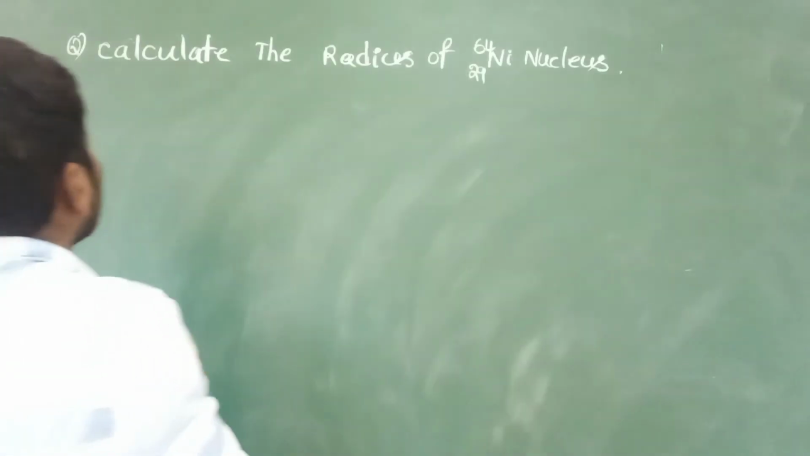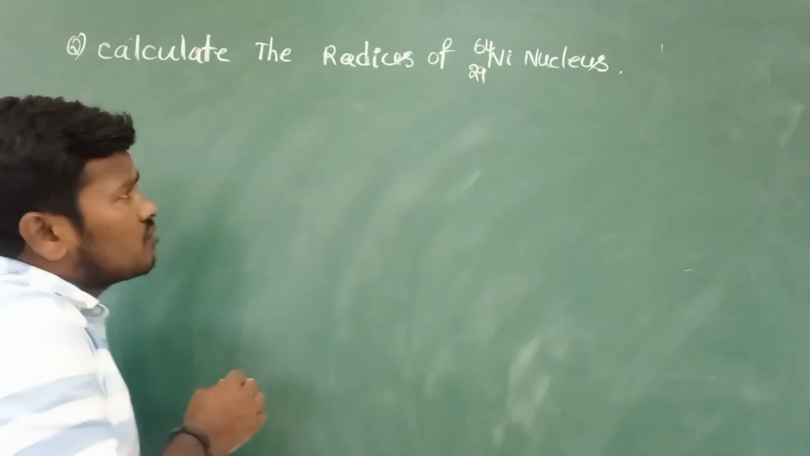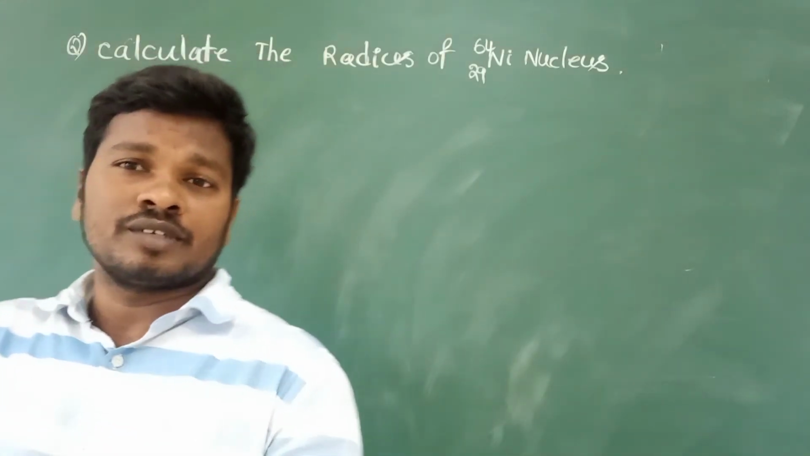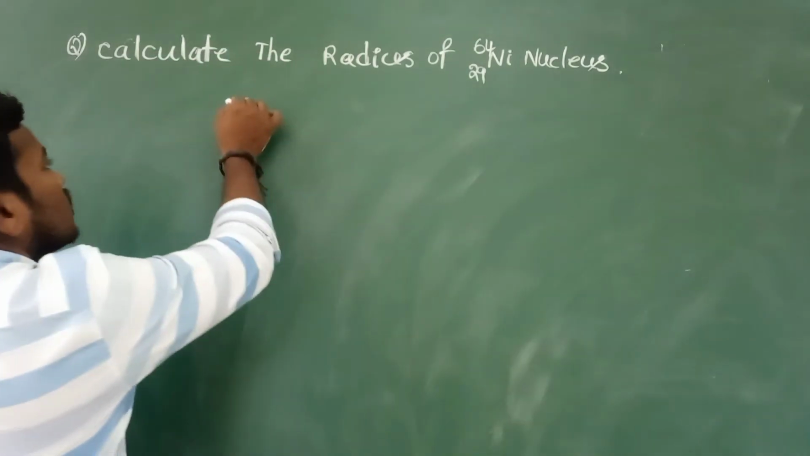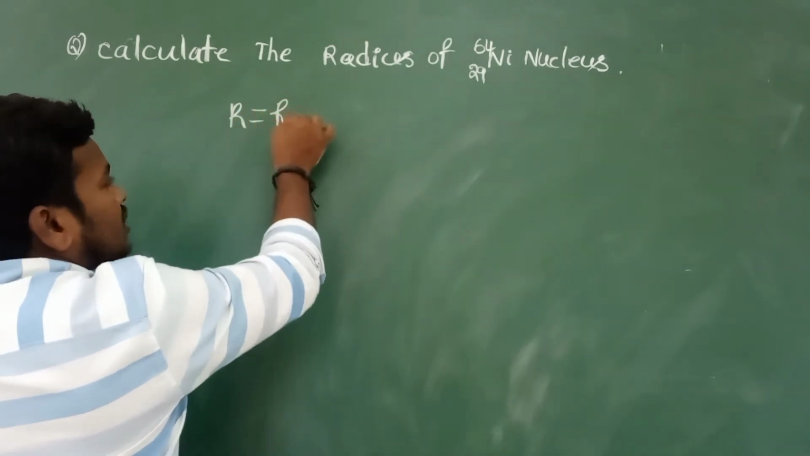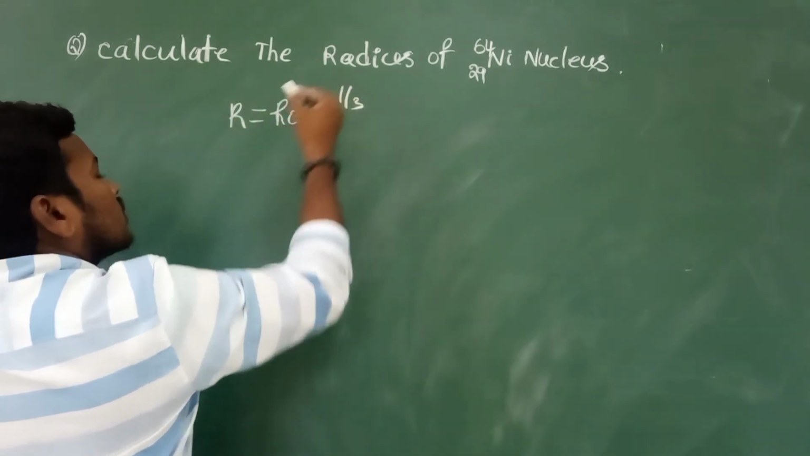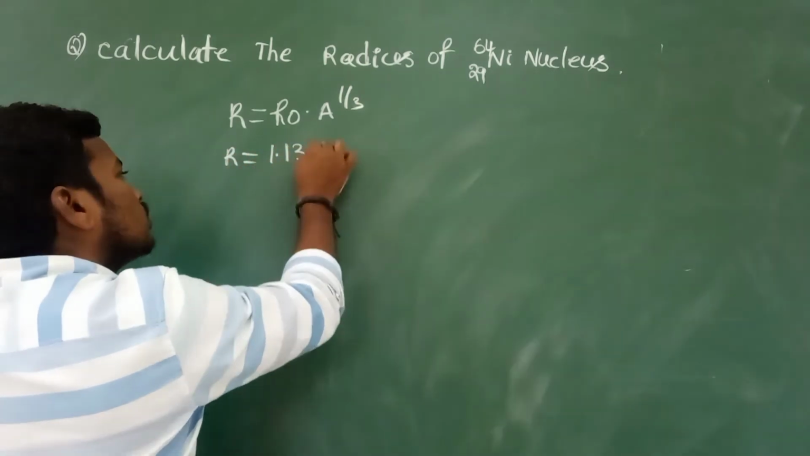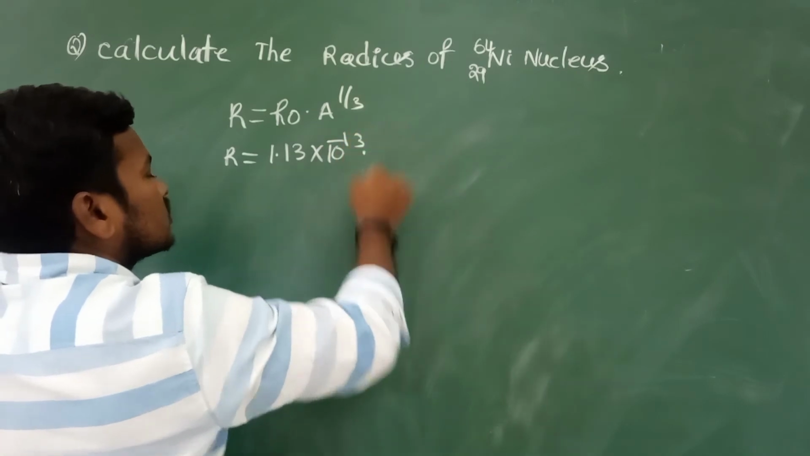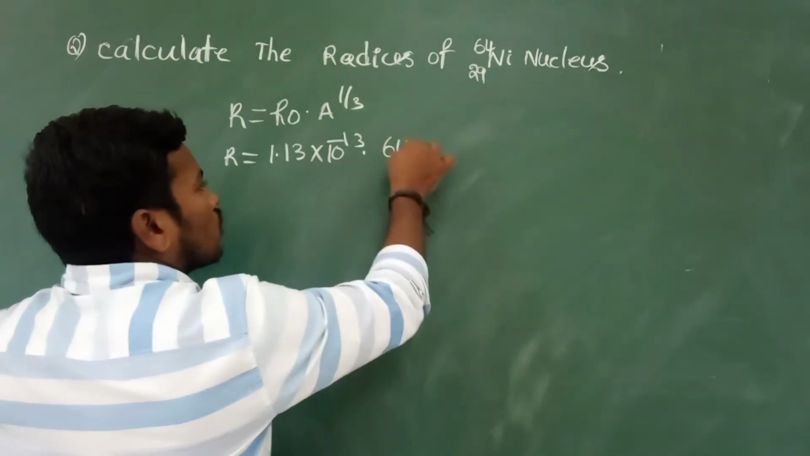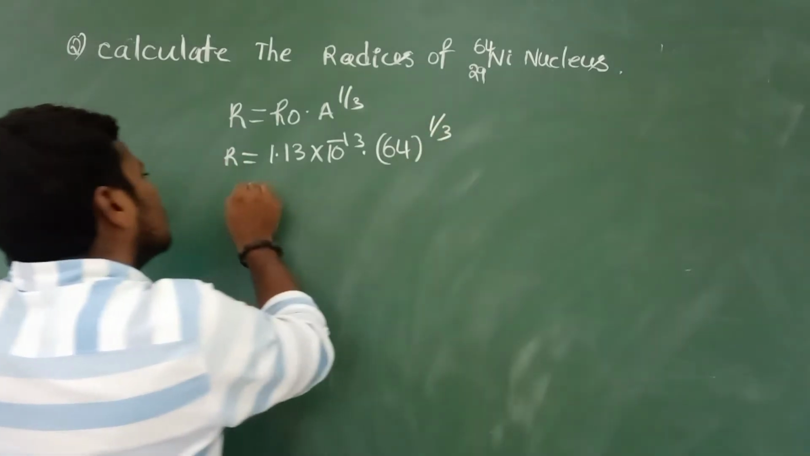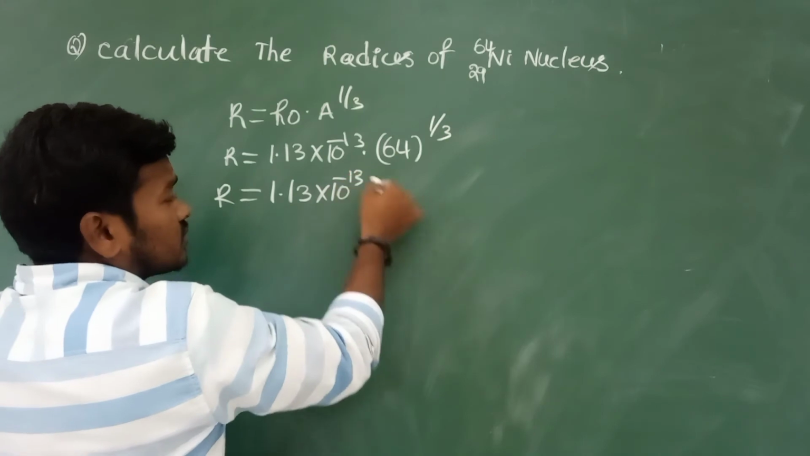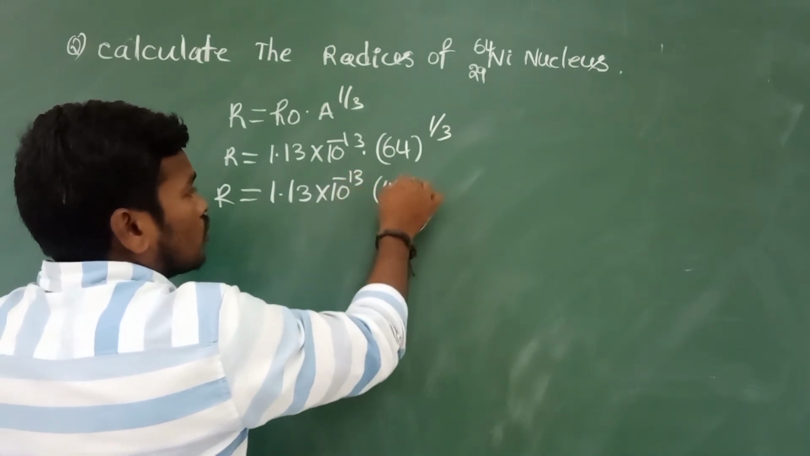See one more numerical. Calculate the radius of the nickel nucleus. It is very simple. R is equal to R naught A to the power 1 by 3. So R is equal to R naught, in the sense 1.13 into 10 to the power of minus 13 centimeters, A in the sense 64, to the power 1 by 3. This we can write like this, 1.13 into 10 to the power of minus 13,